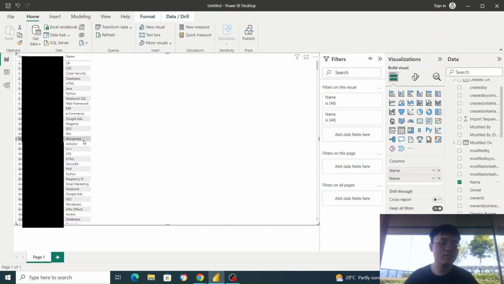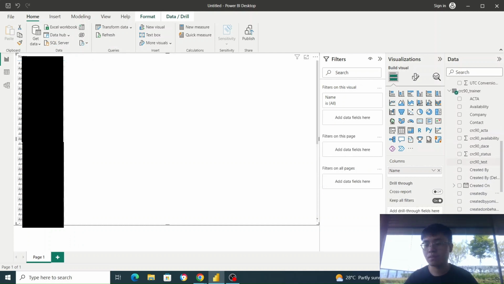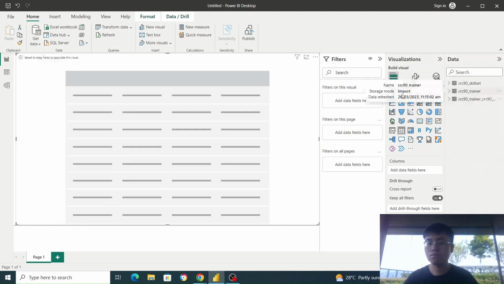So we see the trainers and the skill sets, but now another issue is that there are multiple repeats of the trainers and the different skill sets. So we need to find a way to compile these together. How do we do that? We need to do that by transforming the data in the queries. So we'll uncheck these two tables first. Okay, so you can click on transform data,